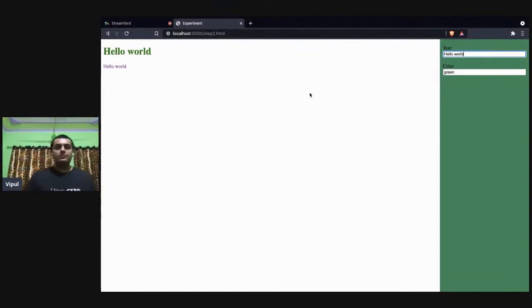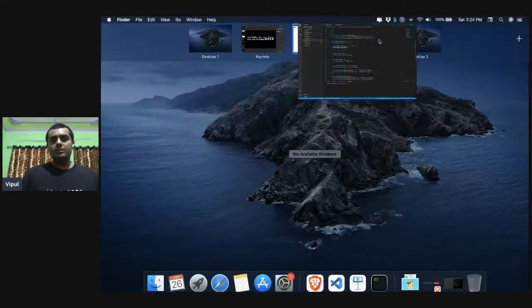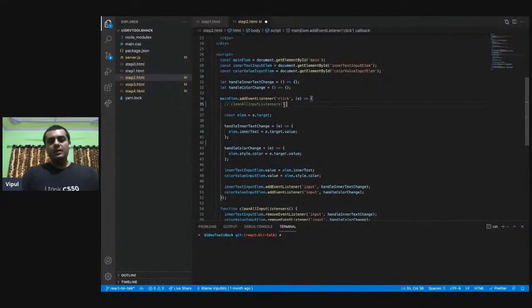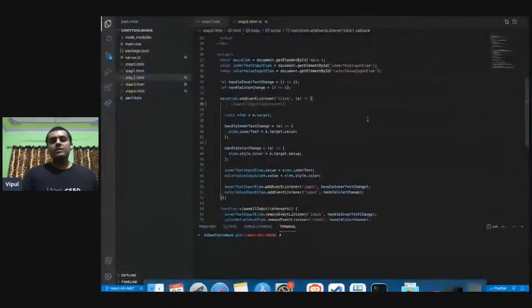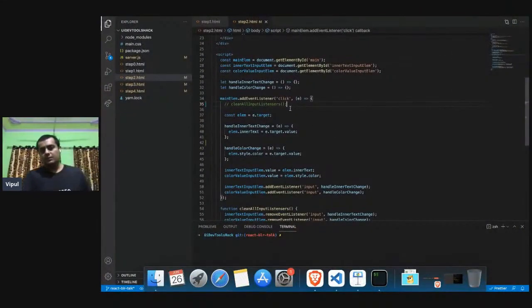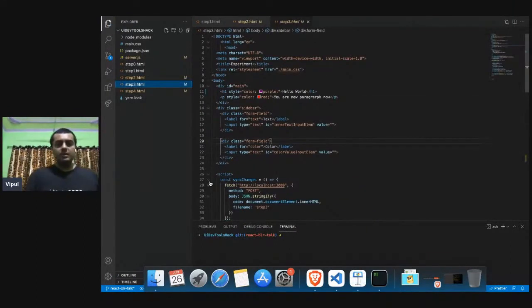Why? Because I've removed the listeners when I start this call again. If I remove this, it'll keep the listeners around. So I clicked on the first one, clicked on the second one, trying to change it. So it changes for both of them, because the listeners for both of them still exist. So what I have to do is remove that listener once I'm done. All right. So this is just some housekeeping stuff I'm doing. Okay. Now let's go to the interesting bits.